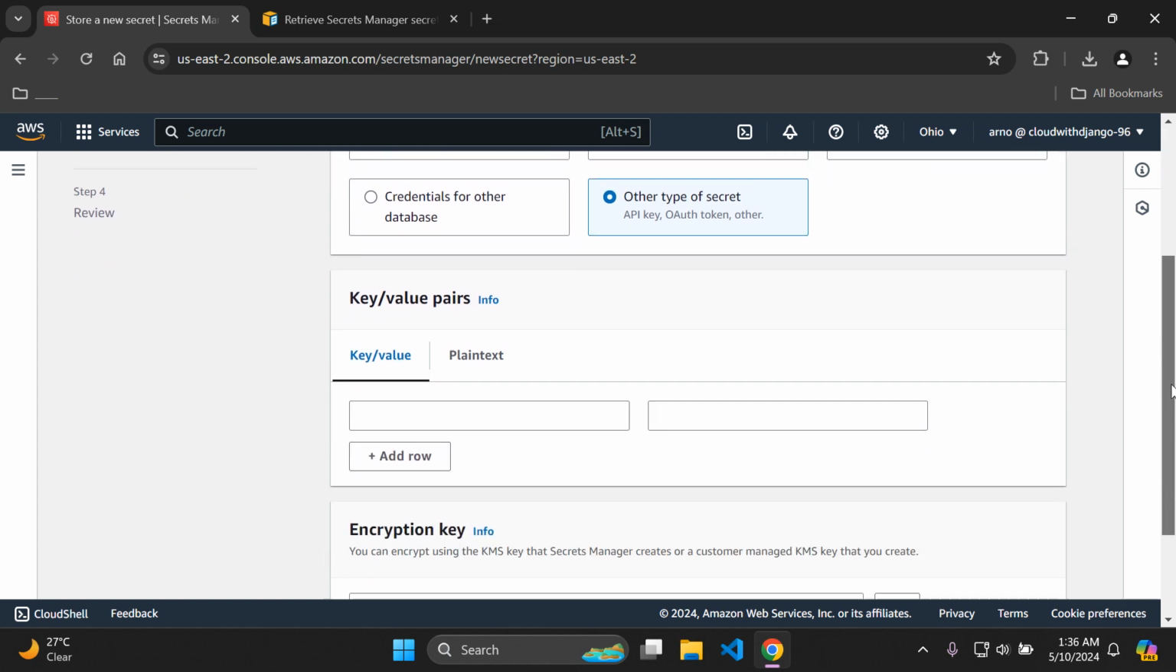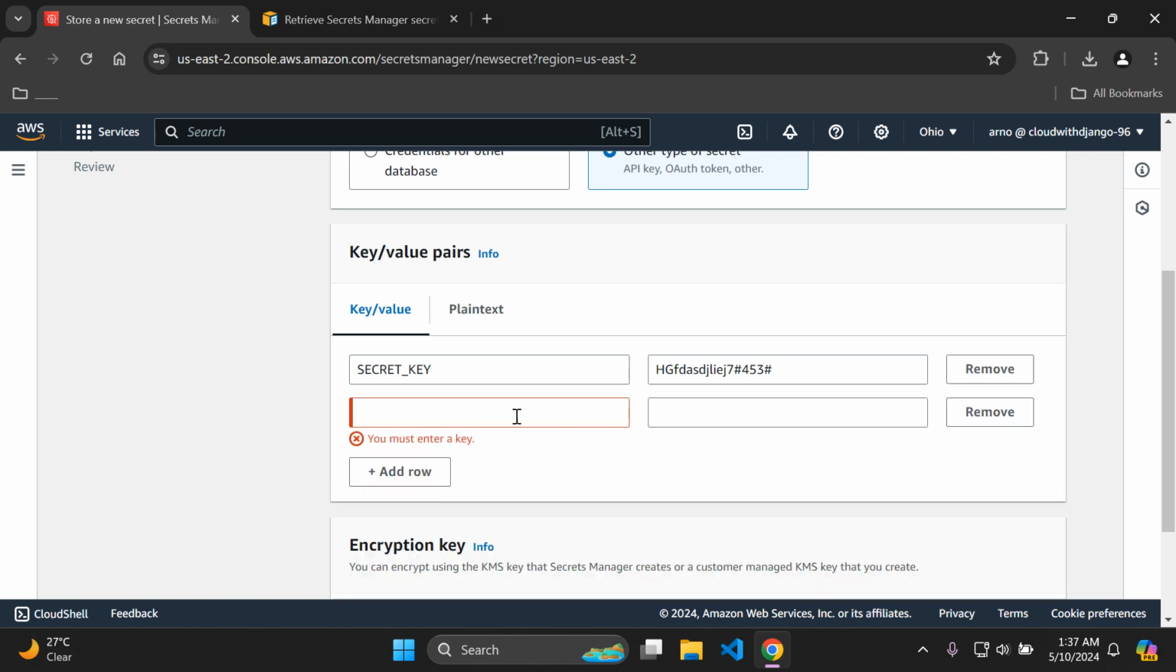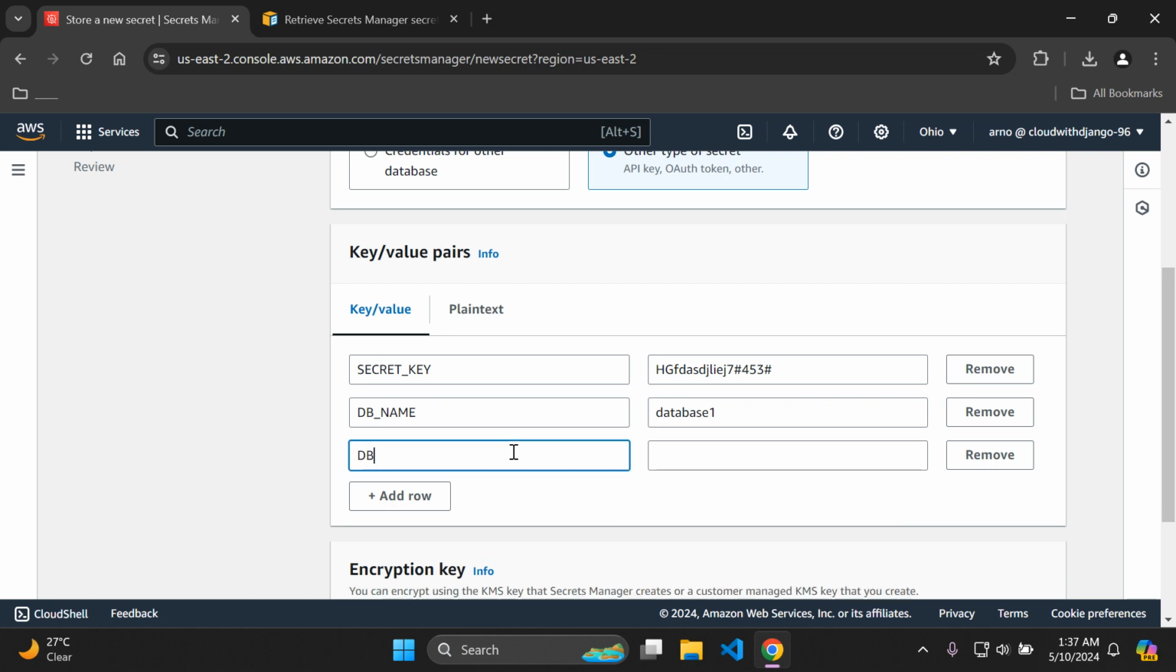So what you want to do is here under key value pairs, you want to add in your environment variable. So the key is the environment variable and the value is the value assigned to the environment variable. So let's go ahead and add in a few here. So I'm going to add in some random ones. So let's say secret underscore key, and I'm going to set the value here as HGF. I'm just putting some random things in here. Then I want to say add row, and next I want to, for example, say database name, so db underscore name. I'm going to say database 1, add a row, then I'm going to say db underscore password, and the value, let's say